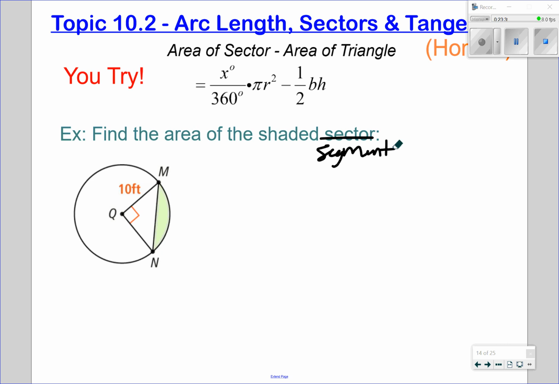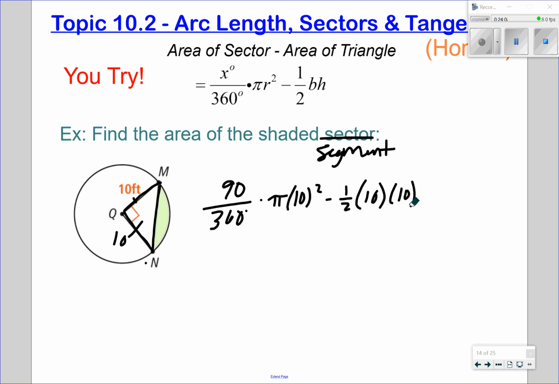So if you notice here, our triangle is a right triangle. So no 30, 60, 90s or anything like that. This time you know that the two radii are congruent, so the base and the height are actually the perpendicular radii. So the area of our sector, we would do 90 over 360 times pi times our radius squared minus the area of our triangle,